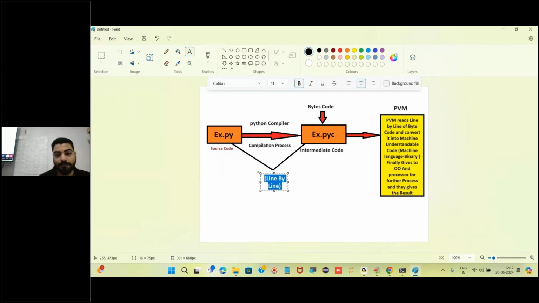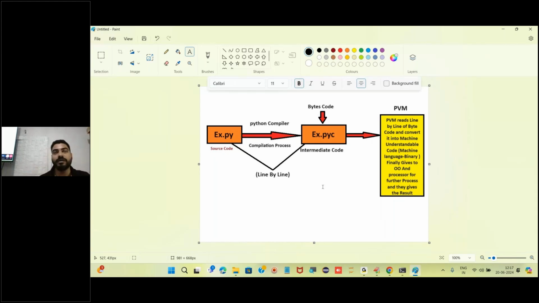What does the compiler do? It converts source code into bytecode line by line, not all at a time, because in other traditional languages like C++, it converts all the code at one time and checks for errors at one time.